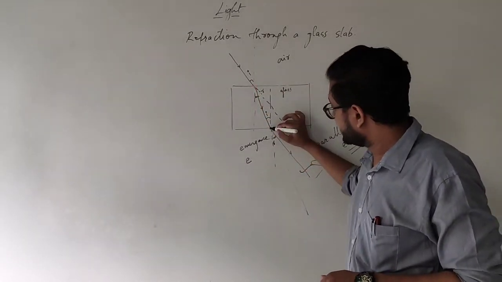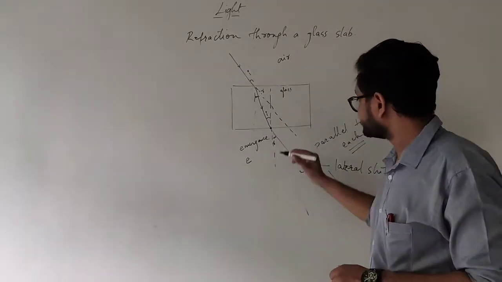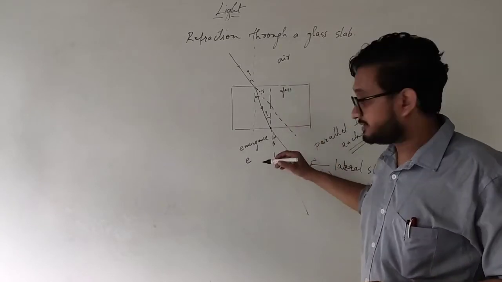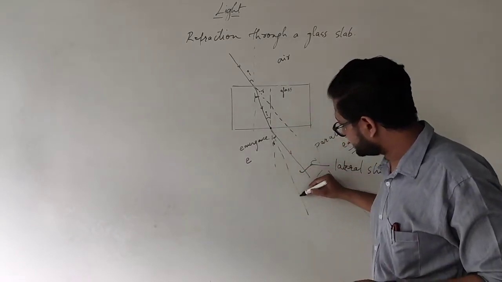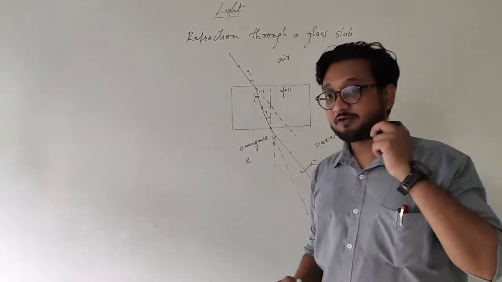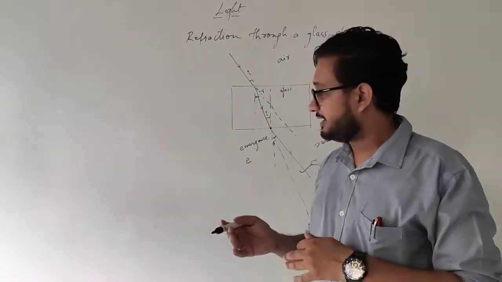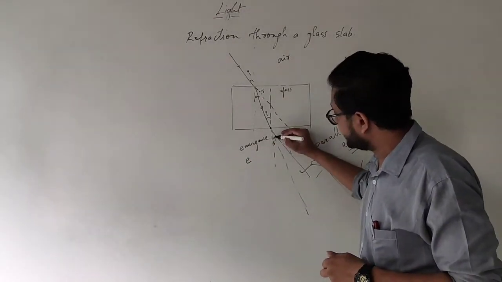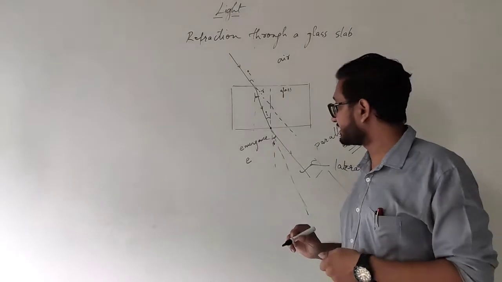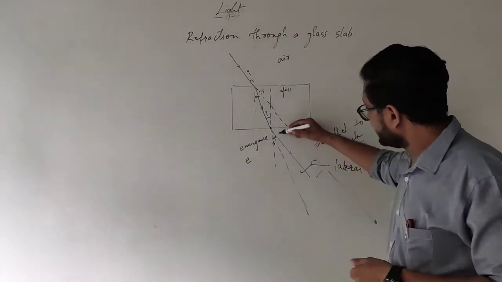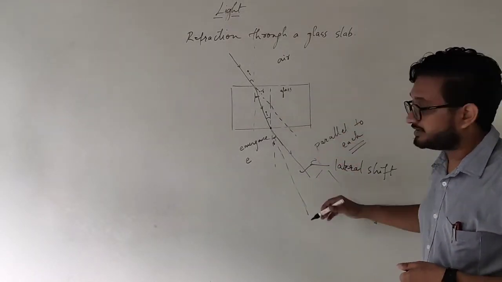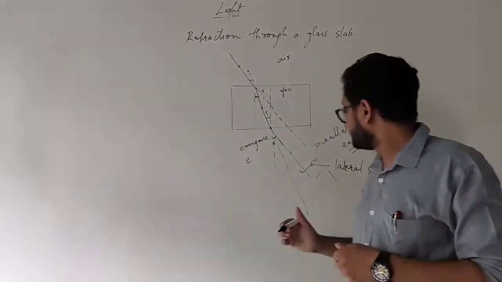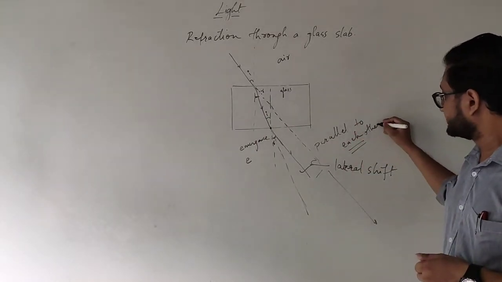When it is incident on the other side of the glass slab, once again it creates a point of incidence. This is the normal over here, and this is its new path. Once again it is exiting from the glass slab, so now it is exiting from a denser to a rarer medium, and that is why it is going to move away from the normal. Over here it creates an angle of refraction, which we call an angle of emergence. This is its new path, and it will be parallel to its original path before entering the glass slab.